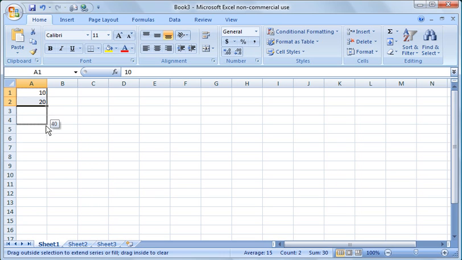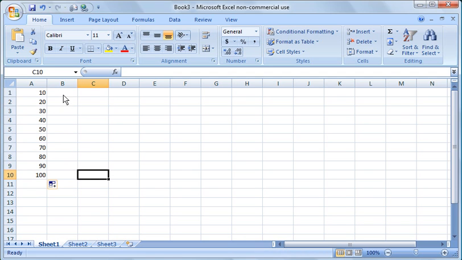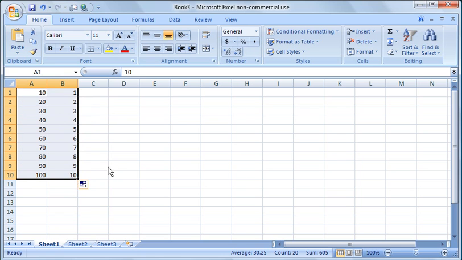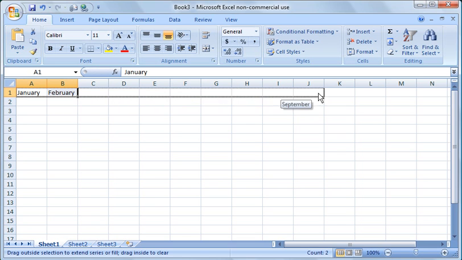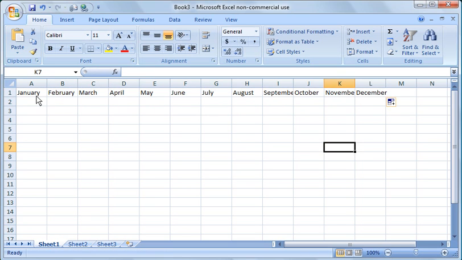Click the left mouse button and just drag it down to whatever point you want to, and you'll notice it auto fills that in. You can do it with small numbers, large numbers, different formats that you can automatically fill in. The other nice thing about this is that if you want to fill in months, for example, January, February, without having to type each cell, you can do the same exact thing and just fill it in like this. Or days of the week, Monday, Tuesday, and then it will auto-populate for as many recurring days as